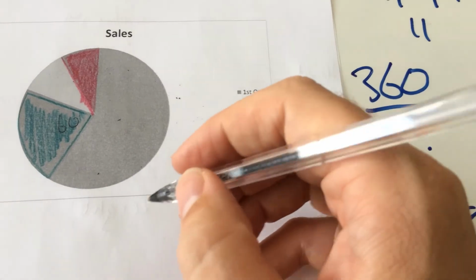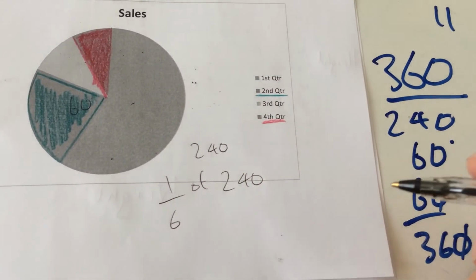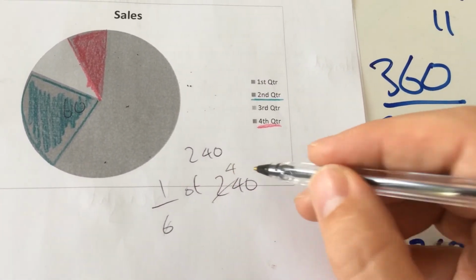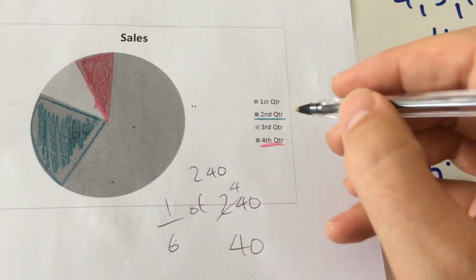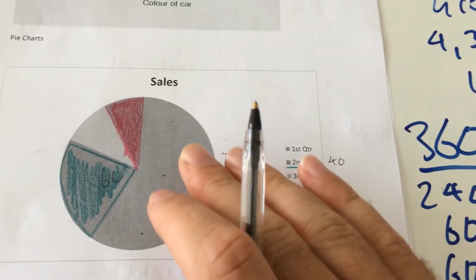So then I want 1/6 of 240, so fraction of amounts. I know that 6 goes into 24 4 times, plus that's 0. So in the second quarter, there were 40 sales. Okay, let's look at